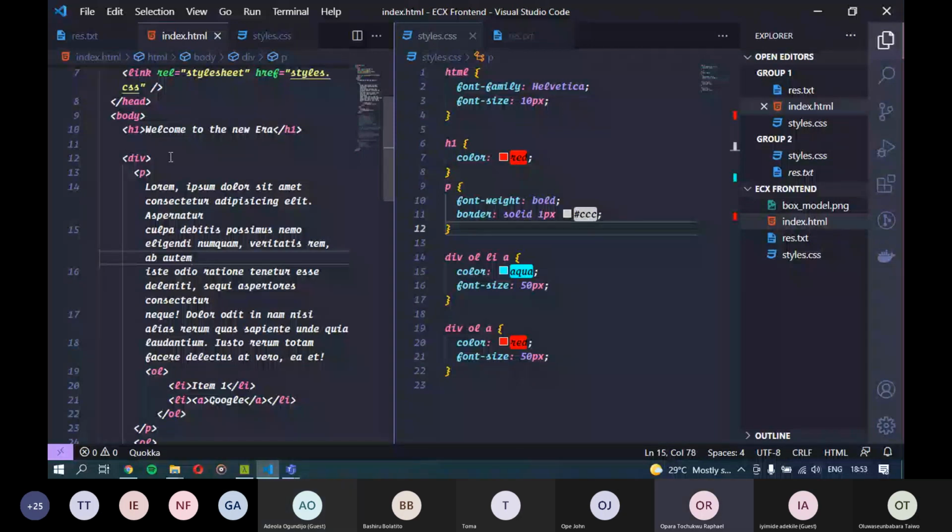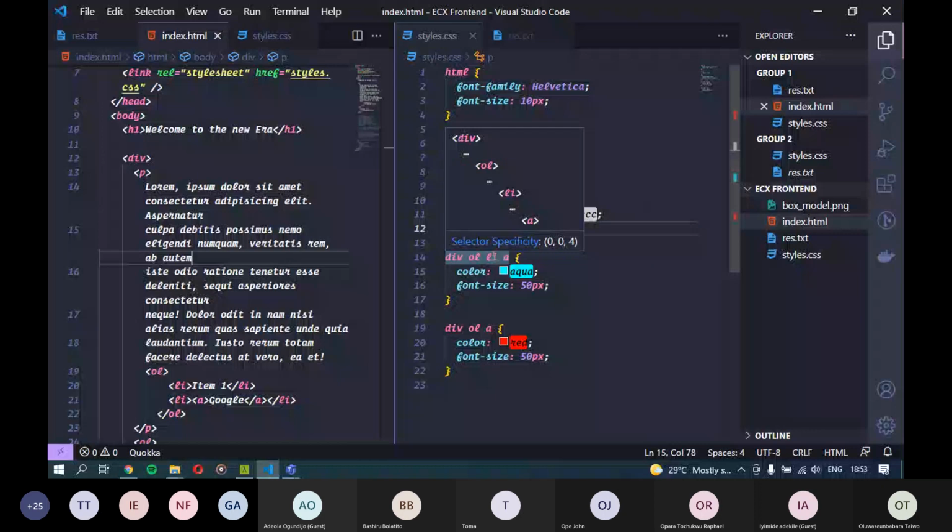Yes, thank you. So on specificity, most of these things that I'm explaining might not really click until you try and work on them on your own. You try and build out stuff, and if you change your font size and see that it's changing here and not changing there, you ask why is that, and you Google it. I said before, Googling is a very important aspect. But just to cover specificity, let me explain.